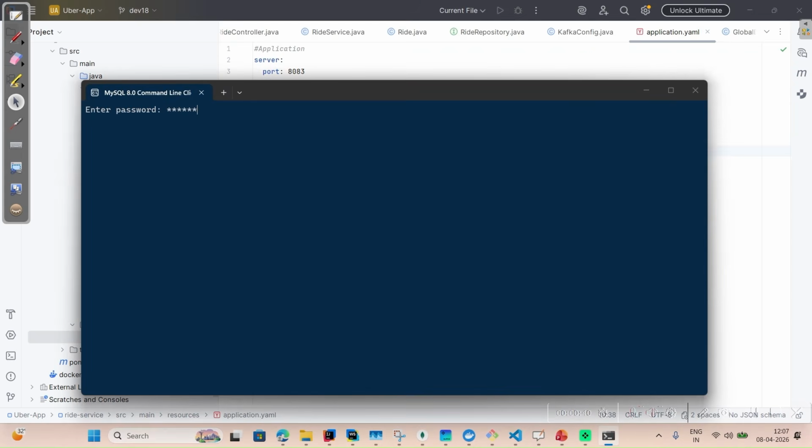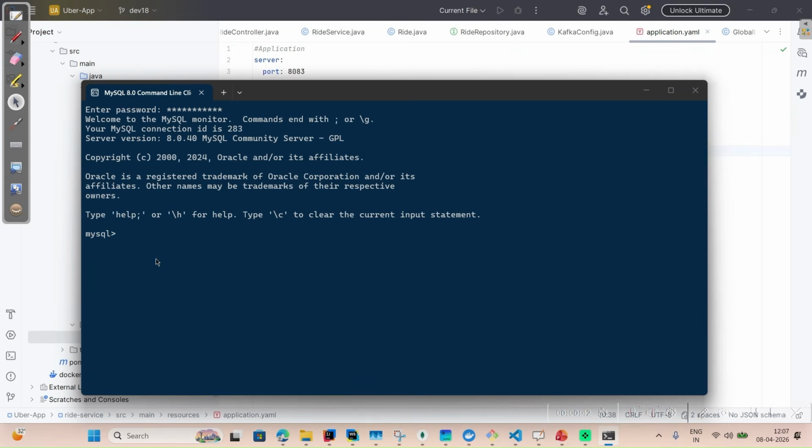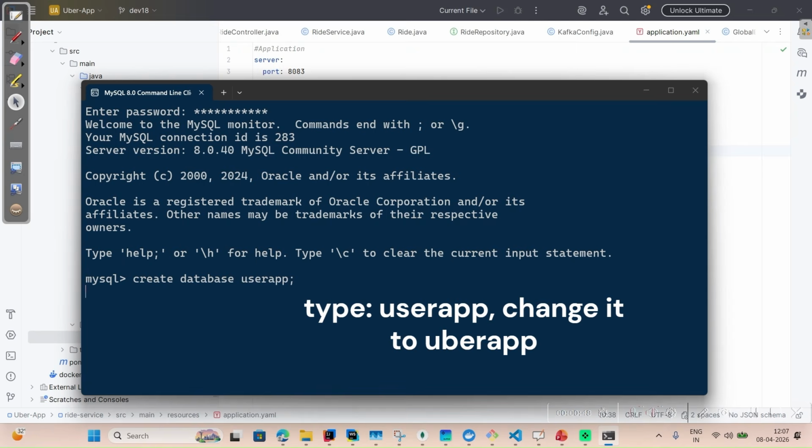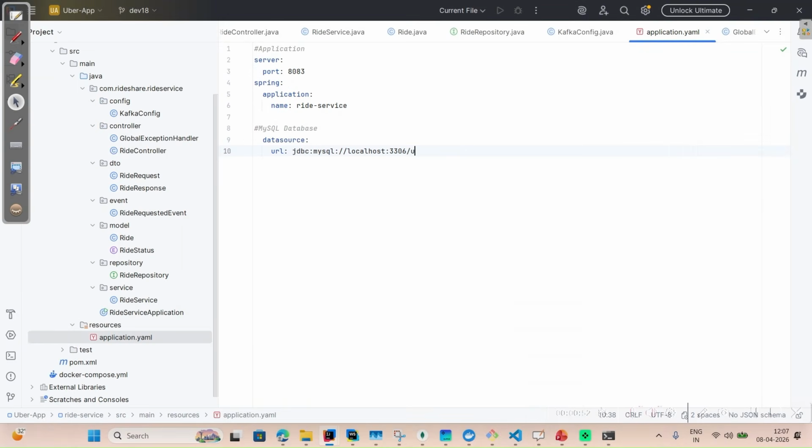Okay, let me enter my password and create database Uber app. Query okay, created, fine. So Uber app. Okay, then what URL? So username root, password, I'll enter it later on. Okay,